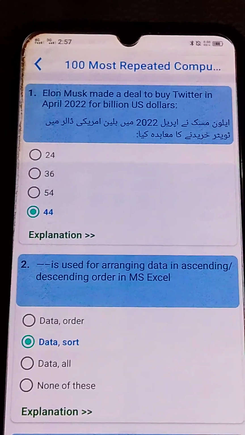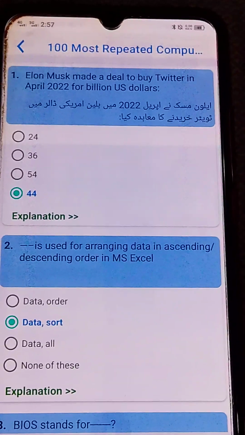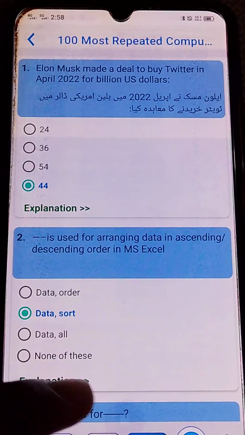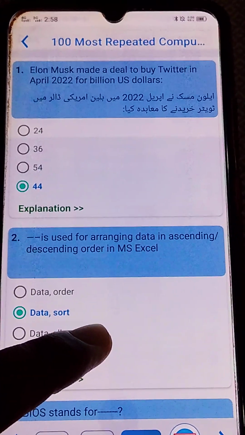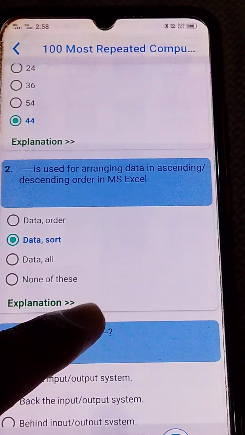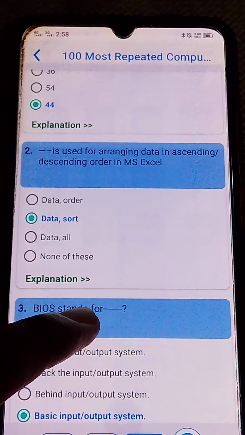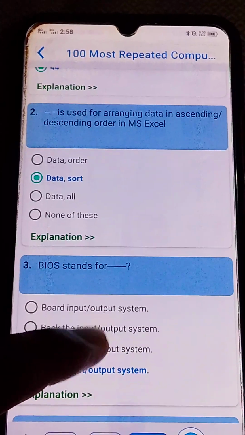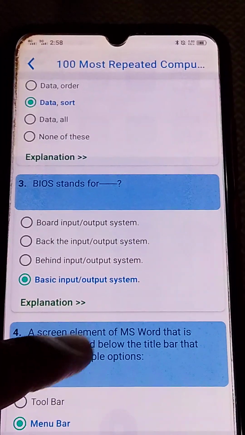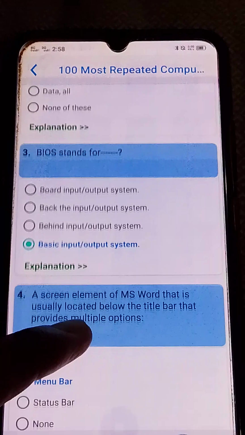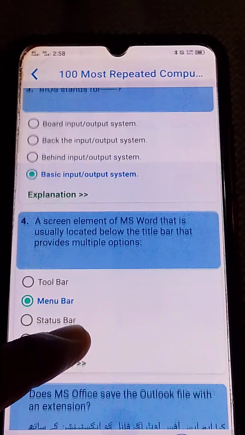Elon Musk made a deal to buy Twitter in April 2022 for 44 billion US dollars. Data sort is used for arranging data in ascending or descending order in MS Excel. BIOS stands for Basic Input Output System.